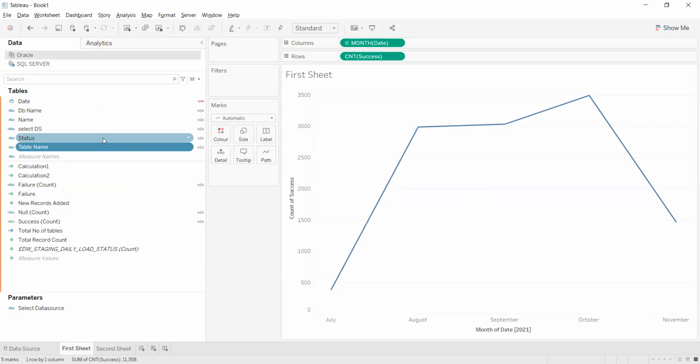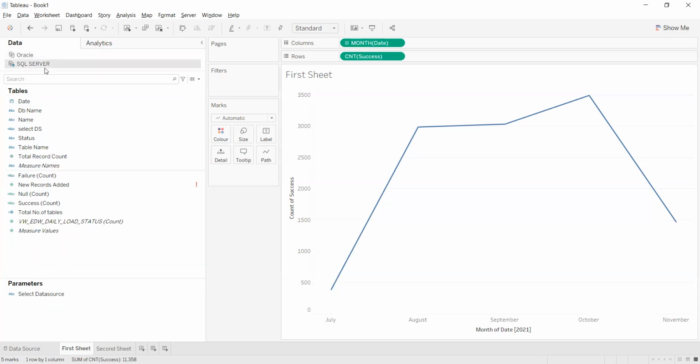Now all the dimensions are coming with this icon. Maybe some measures are not coming, so that also we have to check. We have to check the data type as well. The data type should be the same as in the existing data source, otherwise it might throw some error.